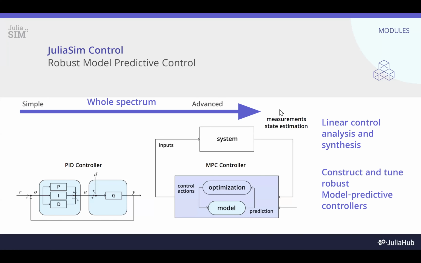Of course, these measurements have something to do with the system, but may not be the states. They are some sort of preordained outputs from the system. Using these outputs, you then have a state estimation algorithm, which estimates the state of the system, right? So a Kalman filter or a particle filter or something like that. And this state estimation and measurements go back